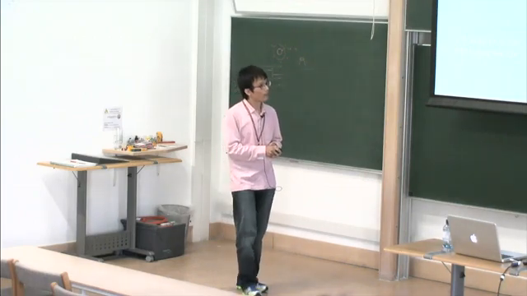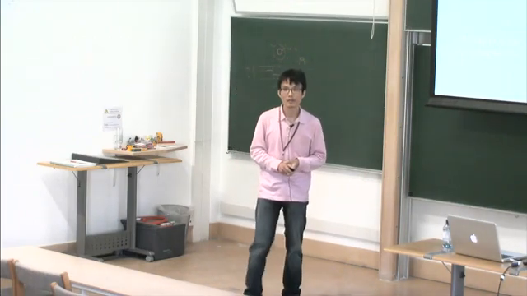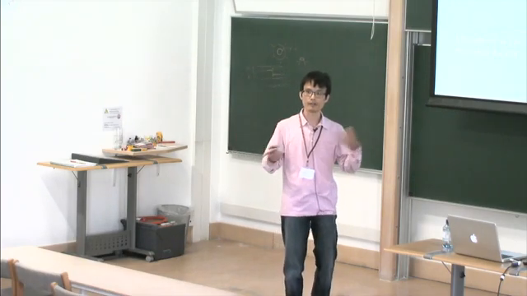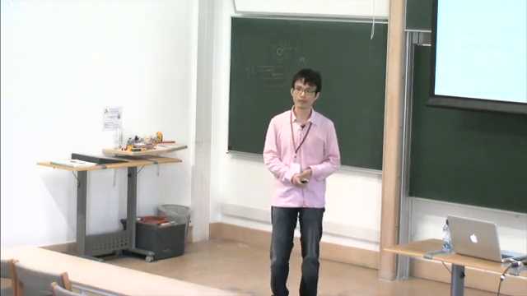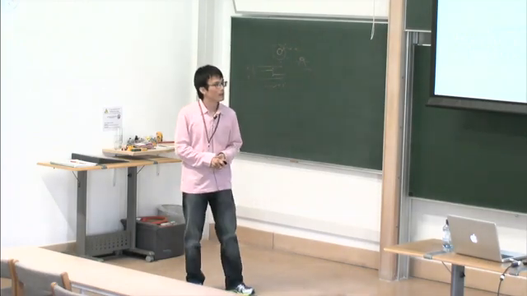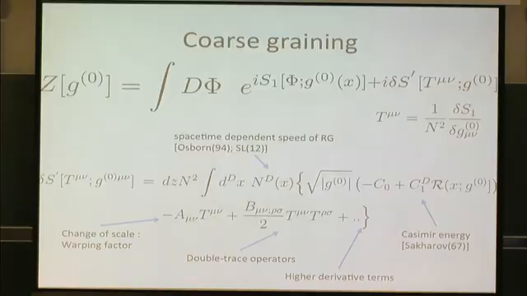And then, importantly, what scale suppresses the R squared terms? The UV cutoff in general, unless you have some special property in your theory. So here, the only scale that I have is the UV cutoff. And then, as I said, in general you generate a double trace operator, T mu nu and T rho sigma, and this is the beta function for the double trace operator.